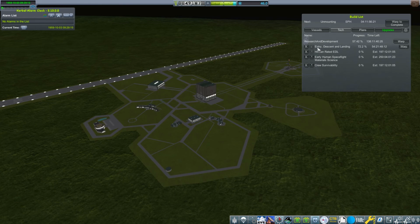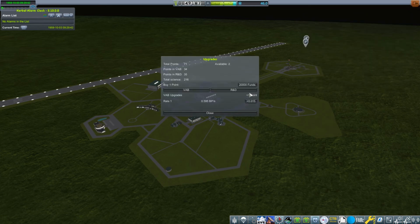We have tech in entry, descent, landing, human rated EDL, all this stuff here. So the next step will be that human one that we need to do, and we need, I think, 20 for that, so we need to allocate something for that. We do have upgrade points, so we've got 2 upgrade points to spend, and I'm gonna put them